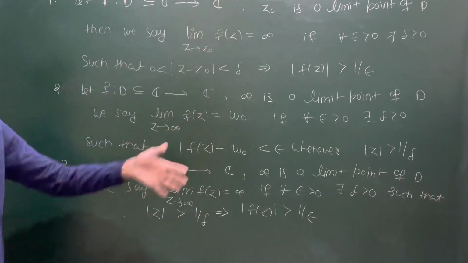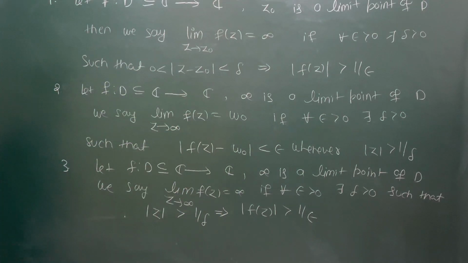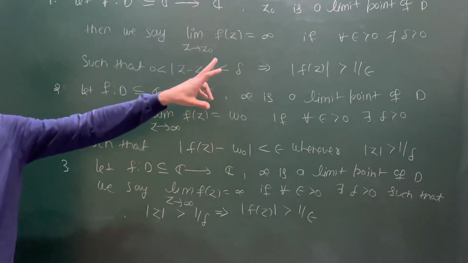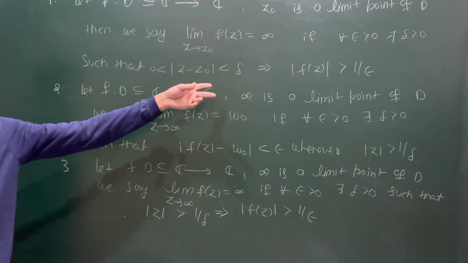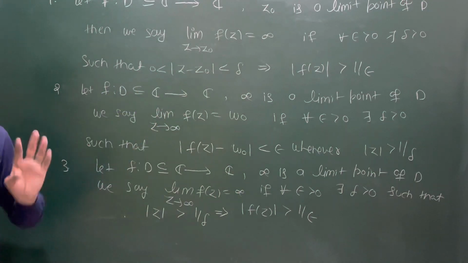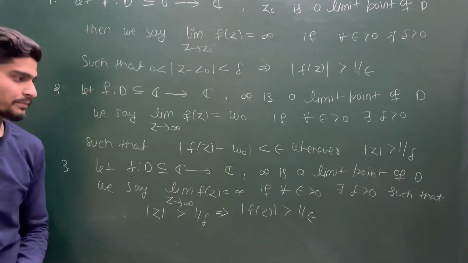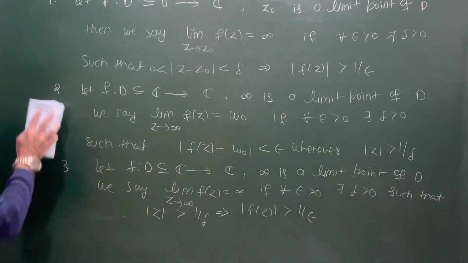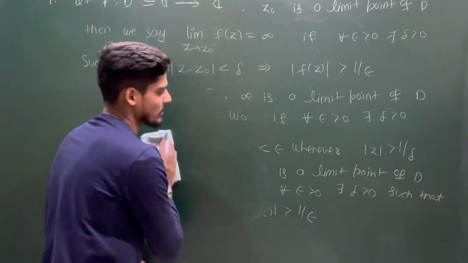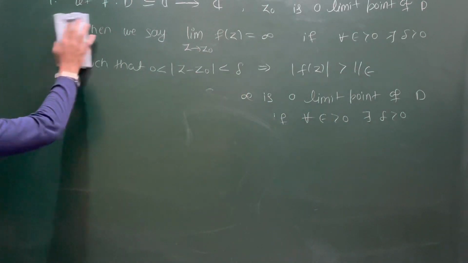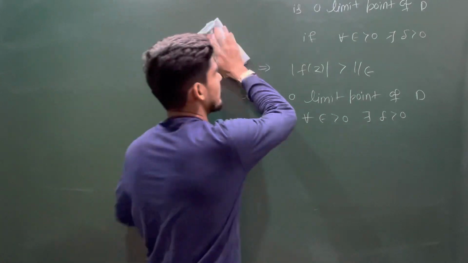So these three are the consequences we need to define the limit at infinity, when the limit is infinity, and both cases together. So this is when both the first and second cases are together. And you also know that a definition is always an if and only if condition. A definition is not one side, a definition is both sides.